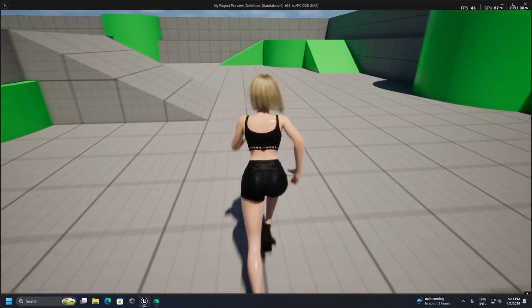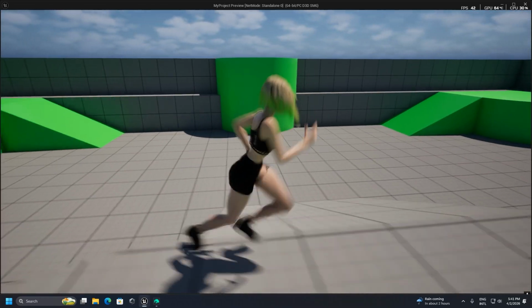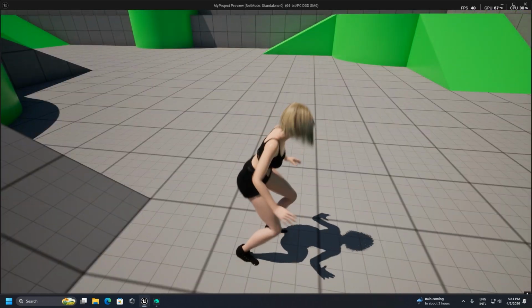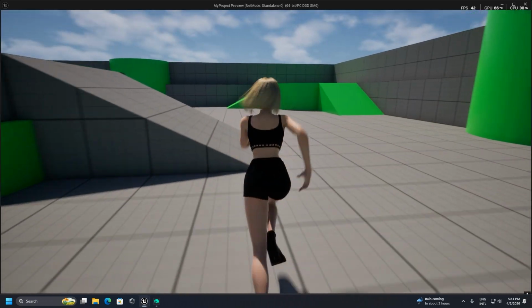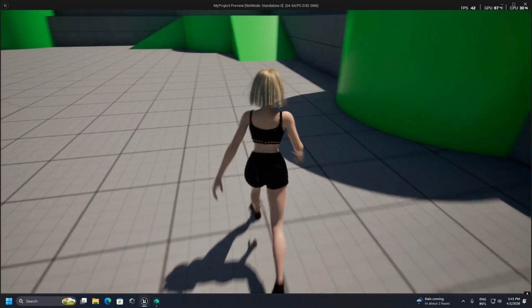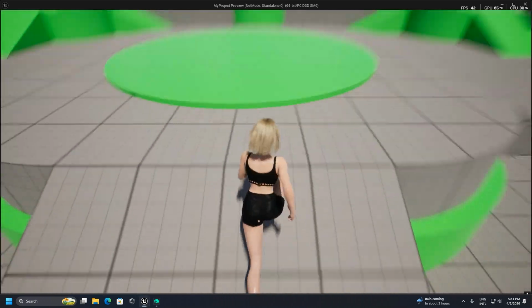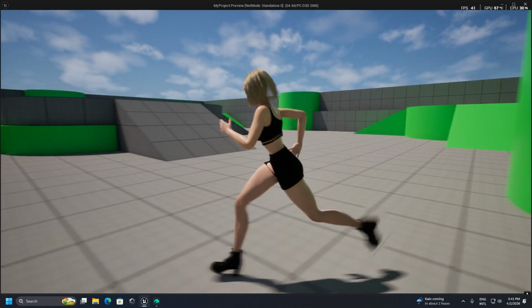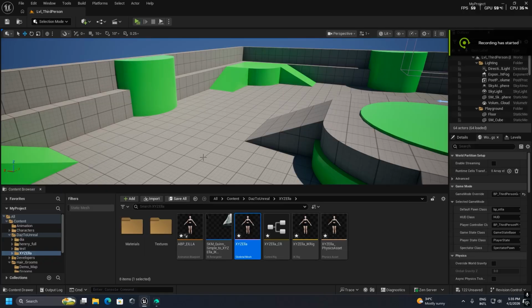Hello guys, today we will learn how to add a groom hair to our dash model. This is a pretty easy class for making a groom hair for our dash character. So let's begin. For a perfect hair groom, first of all we have to go to our skeleton mesh here,